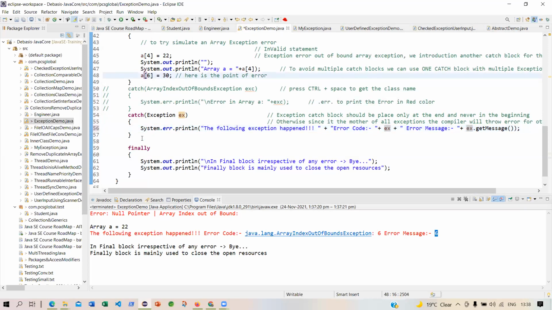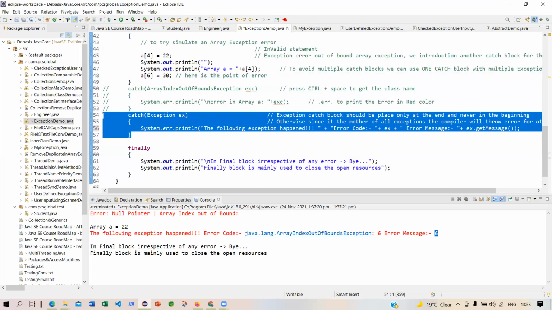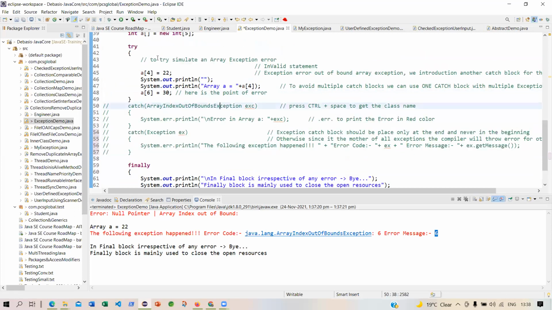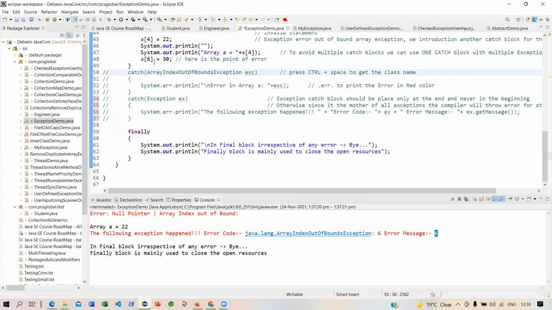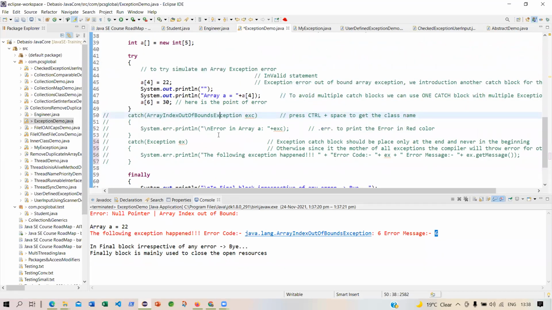Okay, let me take out this one as well. Basically what I'm saying is that I have a try block. I do not have any catch block. That means I'm not catching the error. I'm leaving it to the runtime engine to display the error. Let me say this will be the last topic today, and I will execute this.